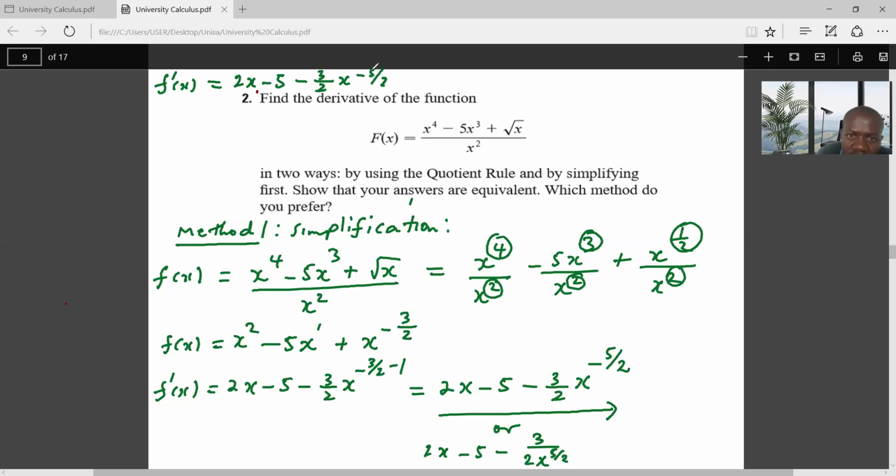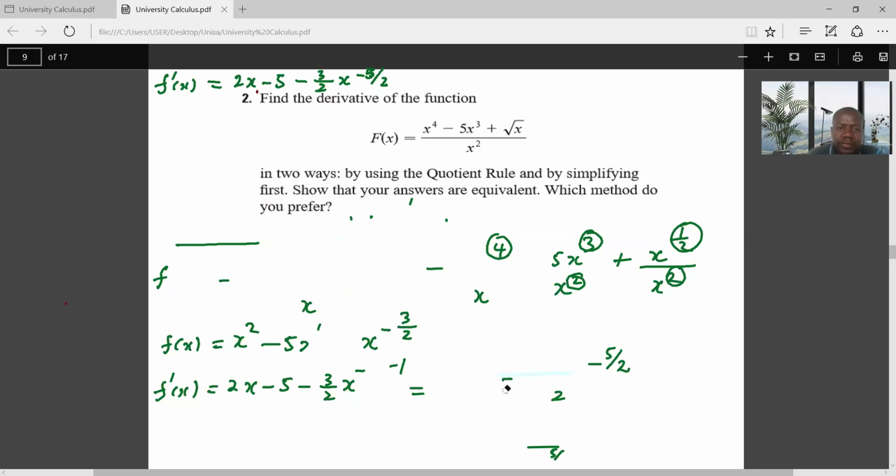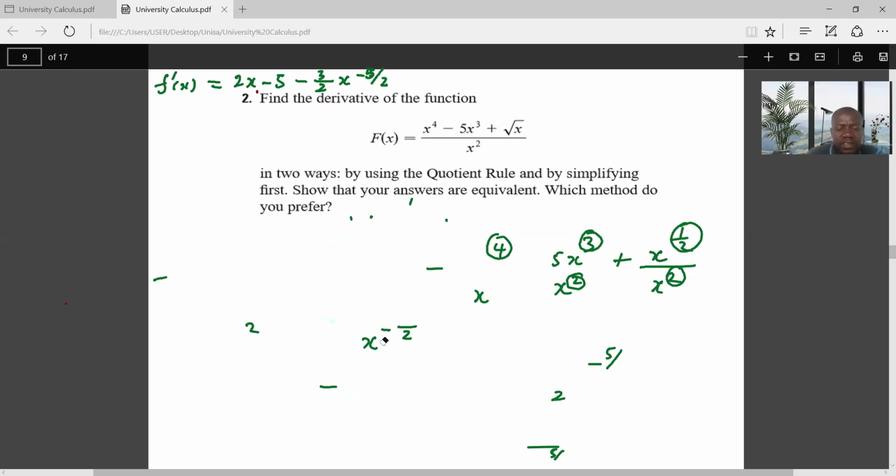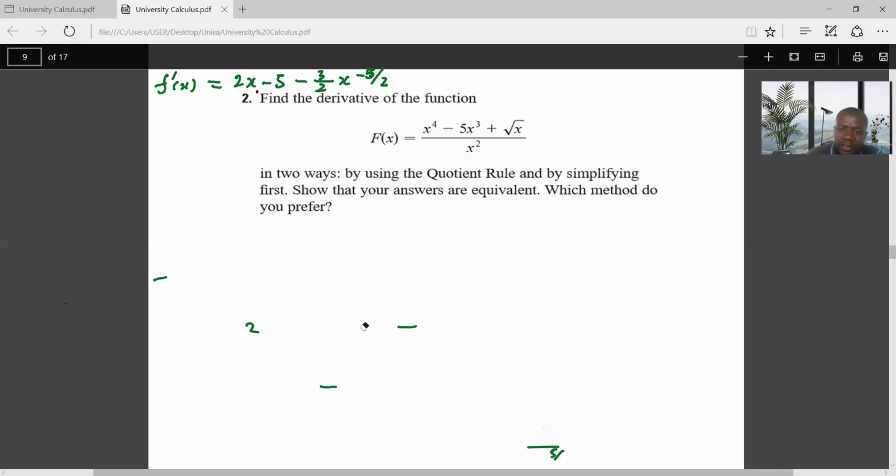2. Now, I want to use the second method, quotient rule. We want to compare the answers. Obviously, in terms of quotient rule, ladies and gentlemen, there's no need to simplify. What we do here, because now it is a function f,